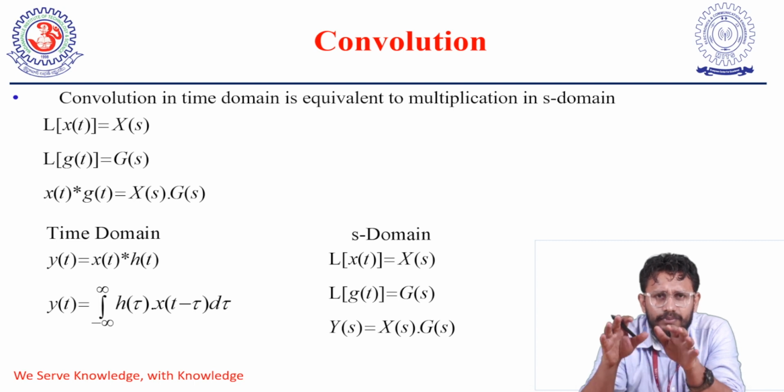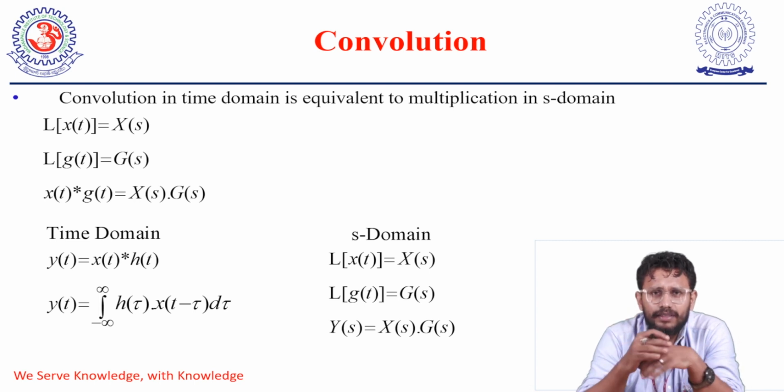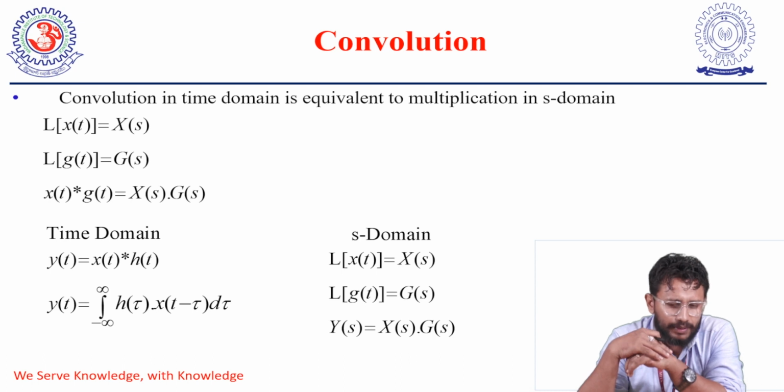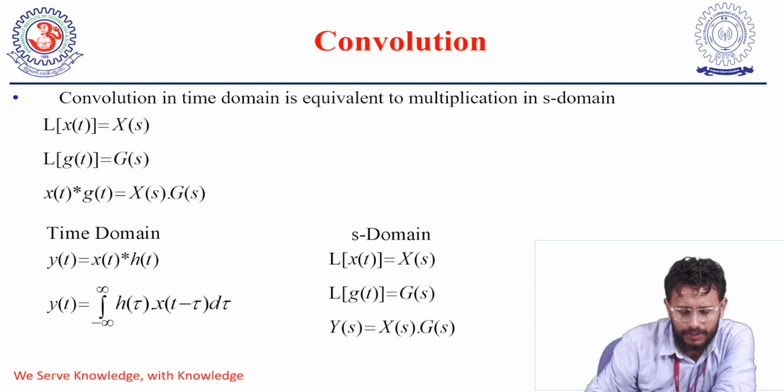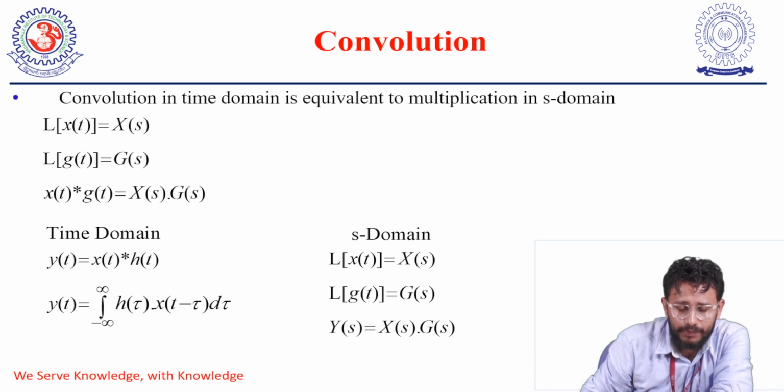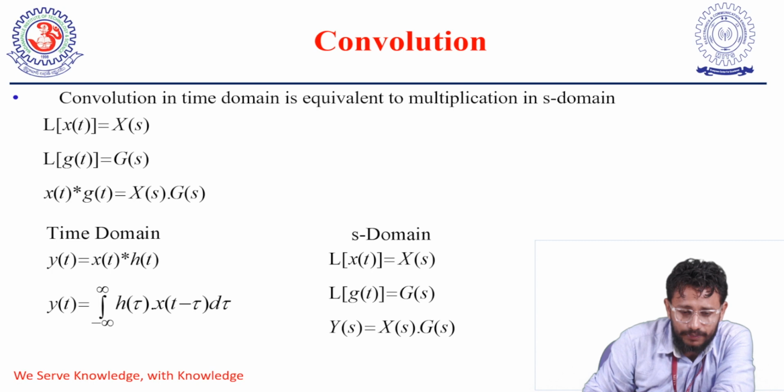Now convolution in time domain is basically equivalent to multiplication in S domain. Now let's have a look. Suppose I have two functions here, x of t and g of t, these are in time domain, and their Laplace transforms are x of s, g of s. Now convolution of them in time domain, wherein convolution, this is how it looks like. I say x of t convolved with g of t, and